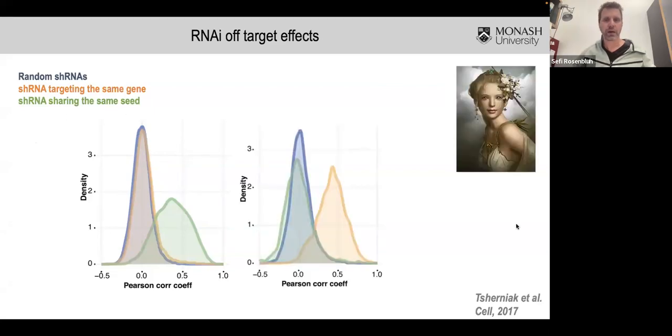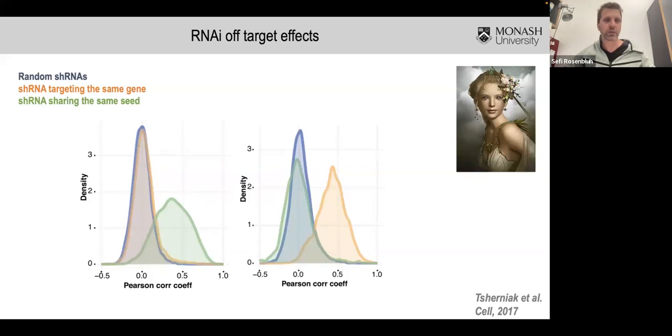There's an algorithm developed by Aviad Cherniak at the Broad, which tries to correct for this phenotype, but obviously this creates a lot of issues with the data set. And that is the reason that we never use shRNAs, and sometimes we use them, but you have to be very careful, because every time you're using an shRNA, you're actually introducing two perturbations simultaneously. One is you're targeting your gene of interest, but the second is that you are mediating the seed effect, so this non-specific effect that is suppressing your gene.